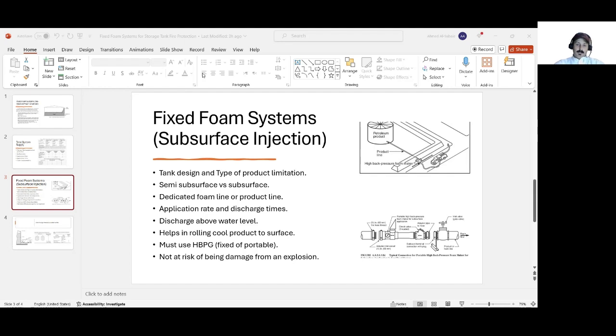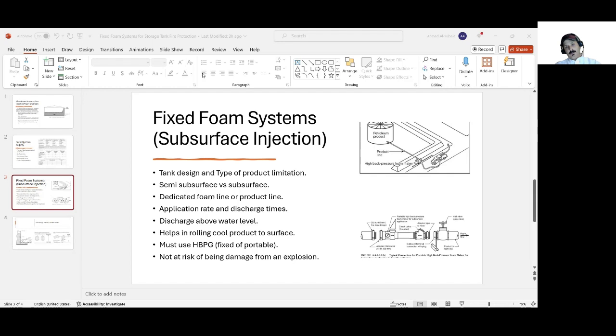One other thing is that the subsurface system is either a fully subsurface system or a semi-subsurface system. For the subsurface system, as I explained earlier, it injects foam and delivers foam inside the tank. As for the semi-subsurface system, it's the same. However, there's some kind of duct